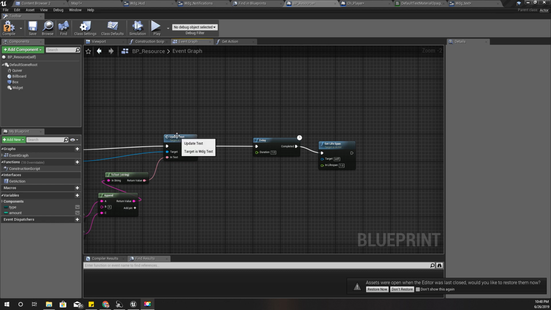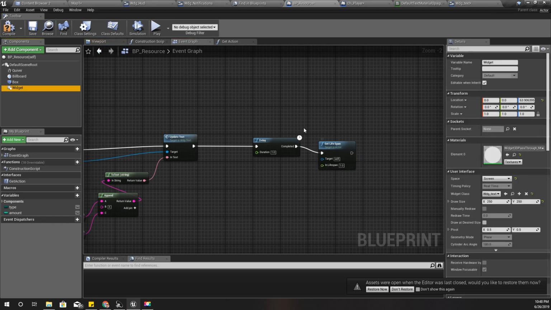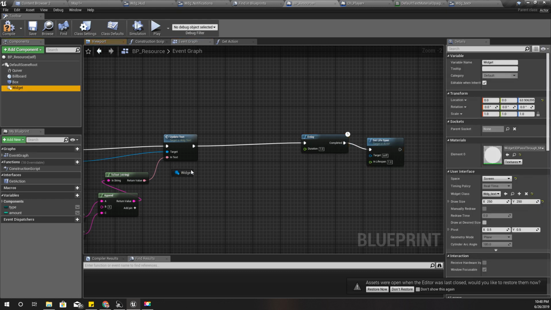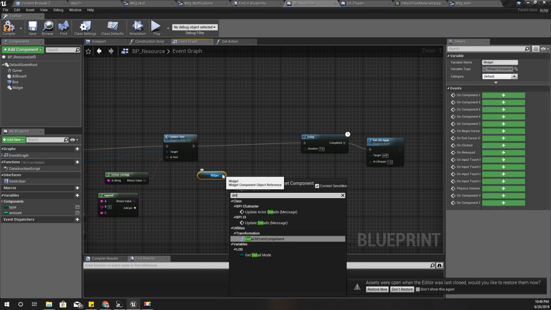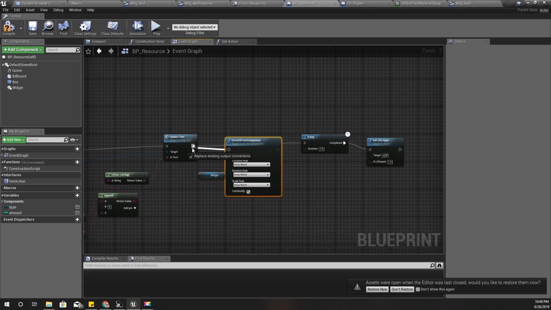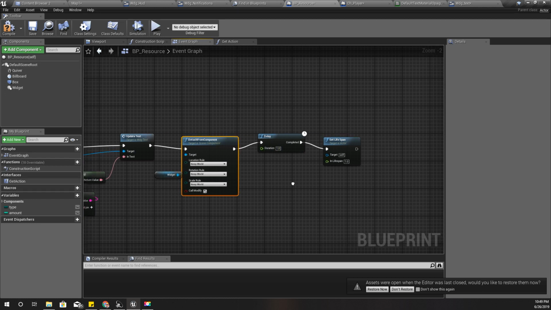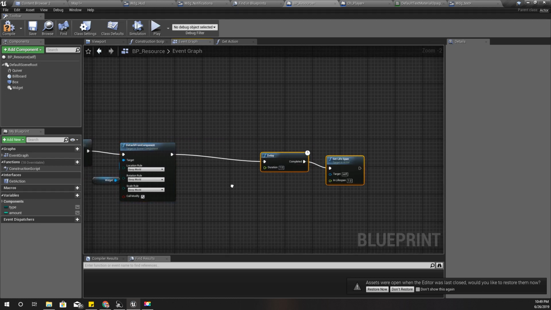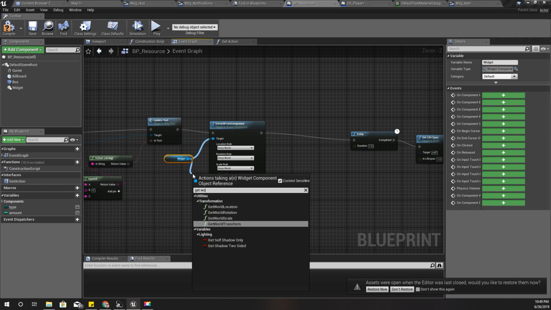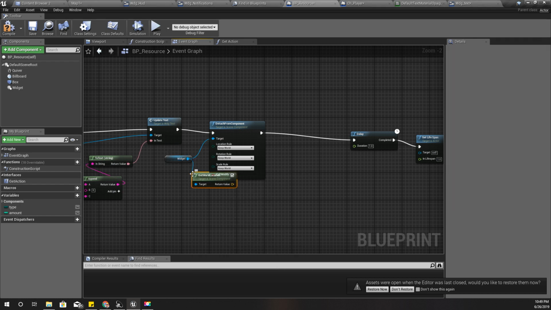So in order to move this widget, we can do something like this. Let's detach widget from its parent, keep everything in world location, rotation and scale, and then let's get the world location of